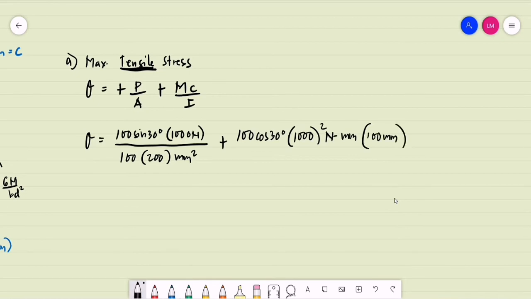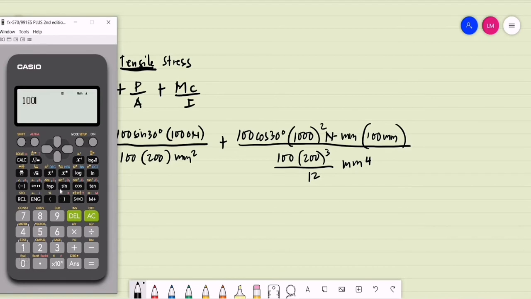Divided by the moment of inertia of a rectangular section, that is the BD cube over 12. A base of 100, a total depth of 200 cubed, this is divided by 12. That will give us a unit of millimeters raised to 4. Computing for the maximum tensile stress,